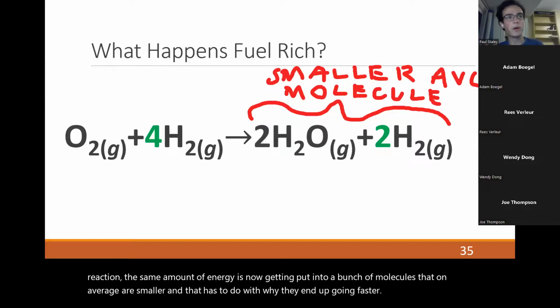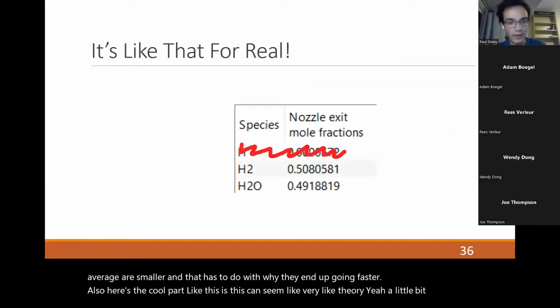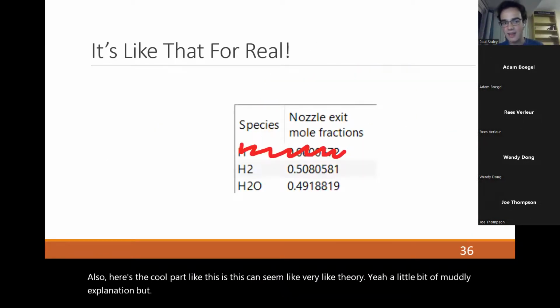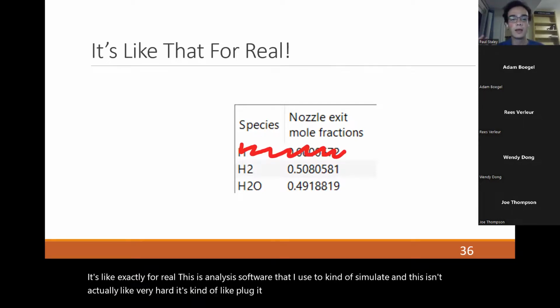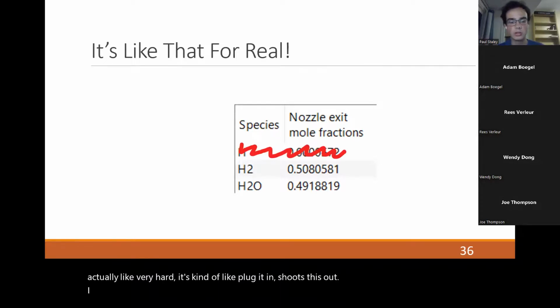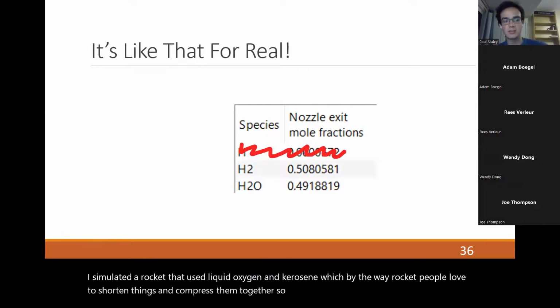Also, here's the cool part. This can seem like a little bit of muddly theory explanation, but it's exactly that for real. This is an analysis software that I use to simulate, and this isn't actually very hard. It's kind of like plug it in and it shoots this out. I simulated a rocket that used liquid oxygen and kerosene, which, by the way, rocket people love to shorten things and compress them together. So when you talk about kerosene and liquid oxygen in a rocket, people call it Kerolox,